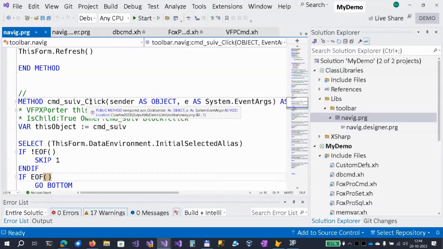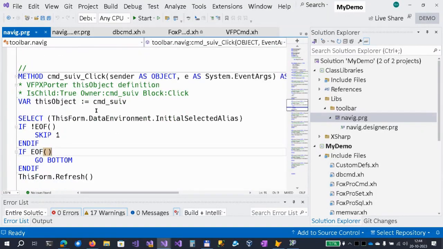However, in your FoxPro code, inside this click event, you could say this something. And in that case, this is the control. However, if you move that code to the form, this would no longer be the control, but the form. So what we do in our converter is we create something called the this object.